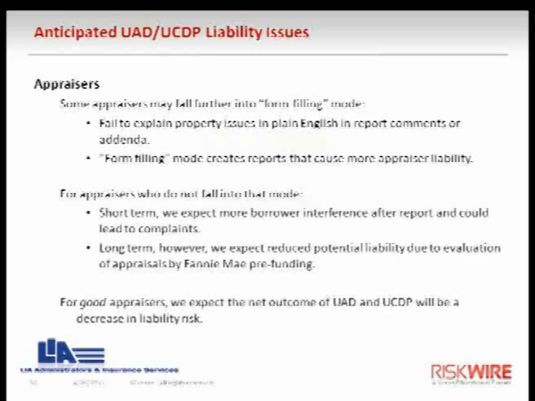And then other things like when a house was originally constructed in 1930 but then was extensively remodeled in 2010, well, under the UAD parameters, the appraiser is going to be needed to identify the construction date as 1930. And when a homeowner sees something like that in an appraisal report but knows their home was extensively remodeled, they may have a complaint or a grievance with the appraiser, unless the appraiser uses some good plain English at the back of the report or in commentary to really explain the true situation with that appraisal.